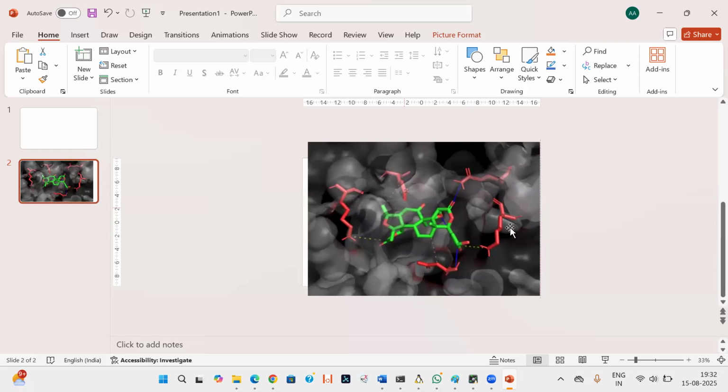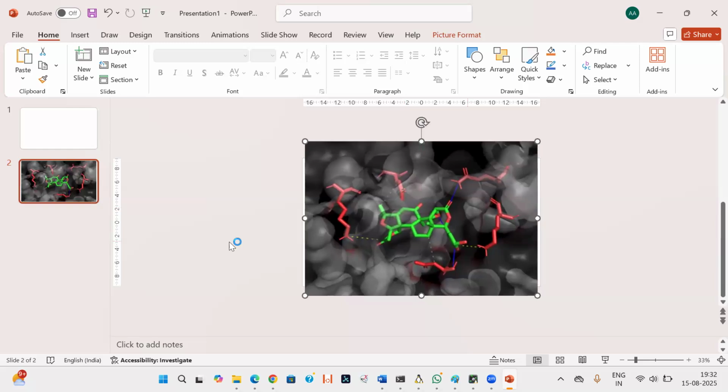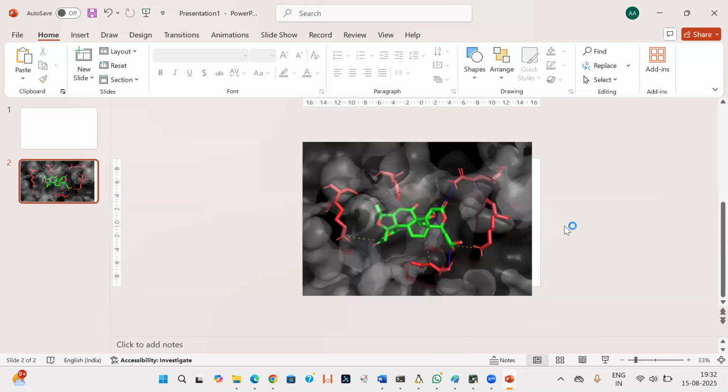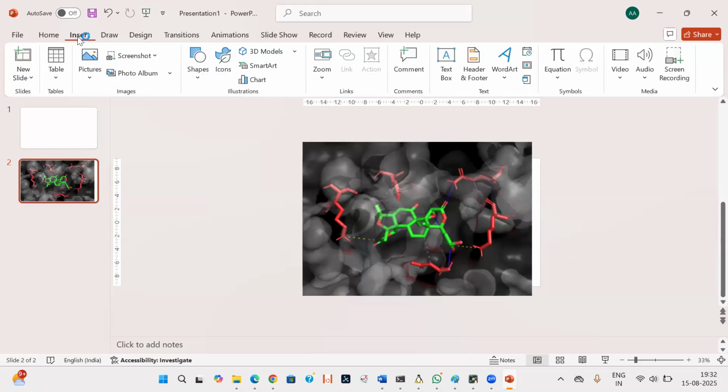Also, how many ligands are you going to arrange? Come again, sir. Like this is one complex, right? So far we are going to make three complexes, correct? Yes, sir. Yeah, for the MD, three complexes you have to keep side by side. Okay, sir. Fine. Now what you can do, go to insert and type the word art. Word art, yes.